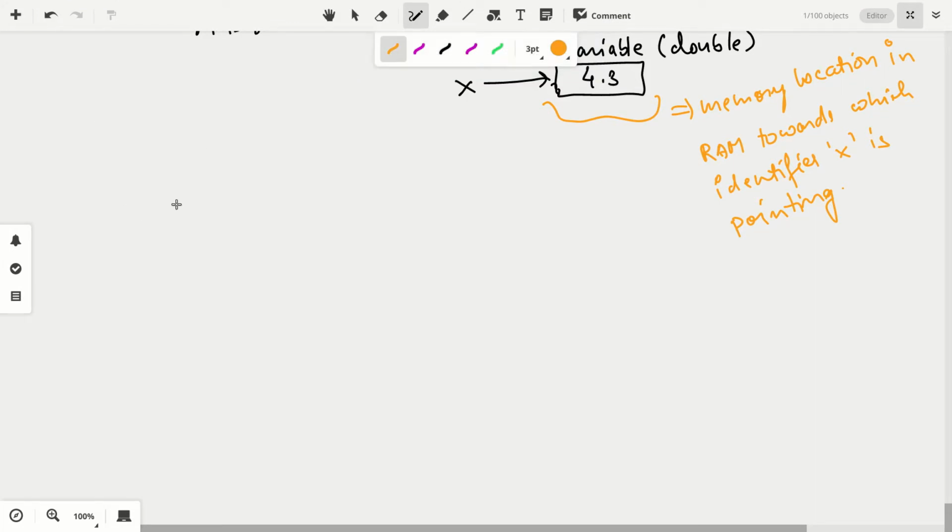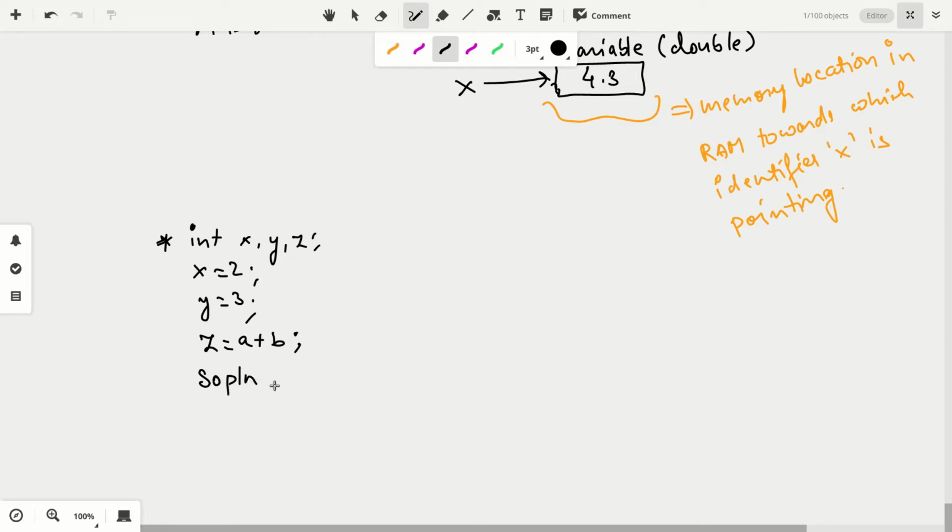Let's say I'm writing a program: int x, y, z; x equals 2, y equals 3, z equals x plus y, right? And then I print. I'll write in short System.out.println.